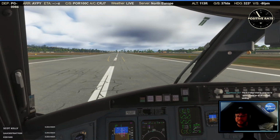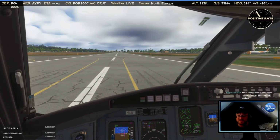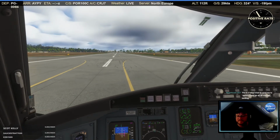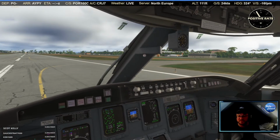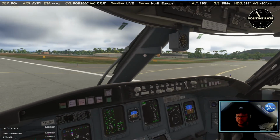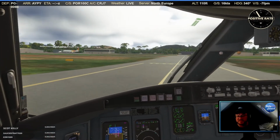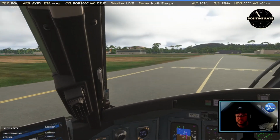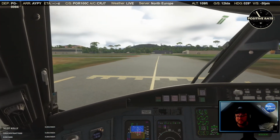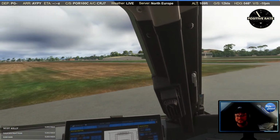Yeah, it's a funny, finicky thing. I seem to have had more success than failure with it lately, but I always make sure that the course is set on both VORs, and then obviously make sure you have that FMS inhibit on and that you're tuned in, because the navigation will sometimes switch it on you. It shouldn't, but